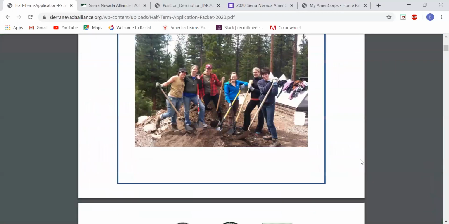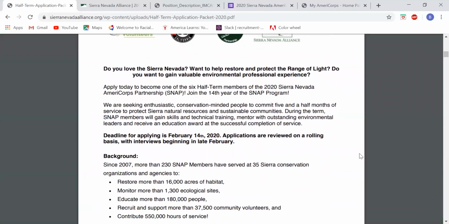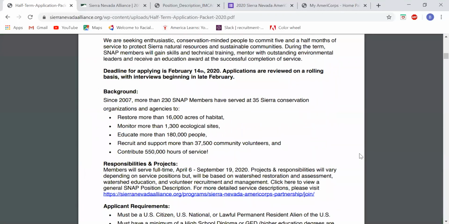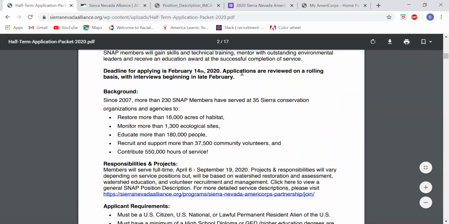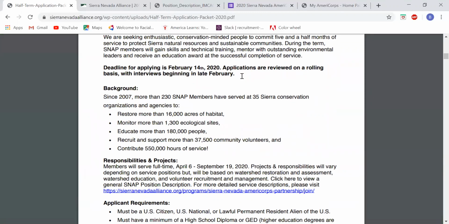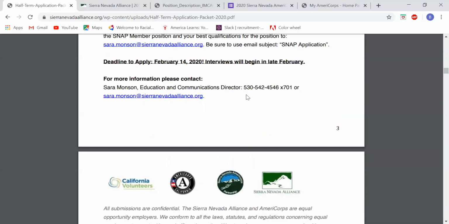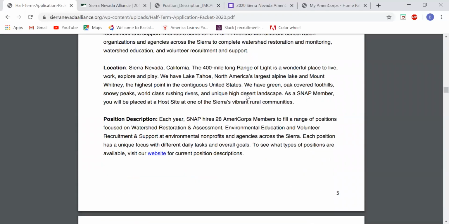And this packet has a lot of information about our program, the background, important dates. So one to note is the deadline for applying for our half-term positions this year is February 14th. And I'm going to scroll down to this timeline